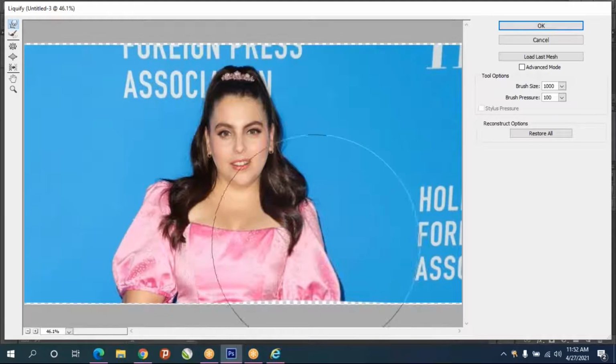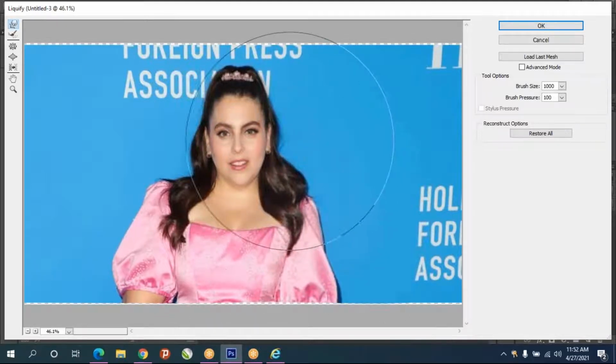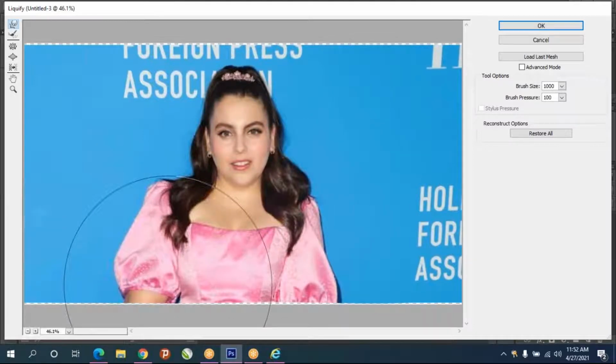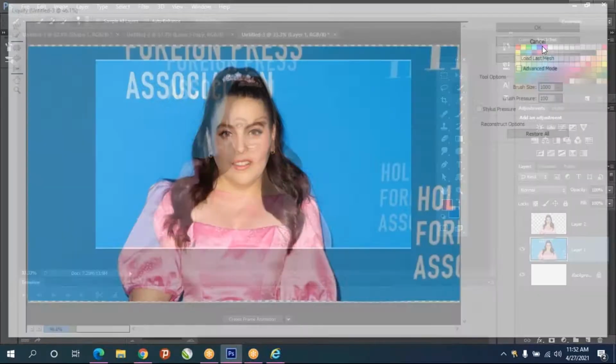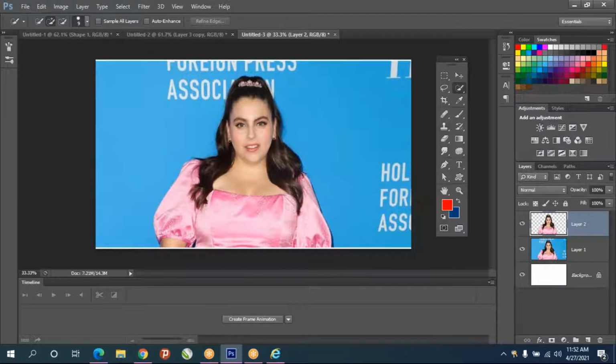Lots of people use this tool, and after that you can post it in Instagram, Facebook, wherever you want, and that's it. So like this you can do it easily. But if you remove the background, that will be better. Okay. So we made a fat woman into thin.